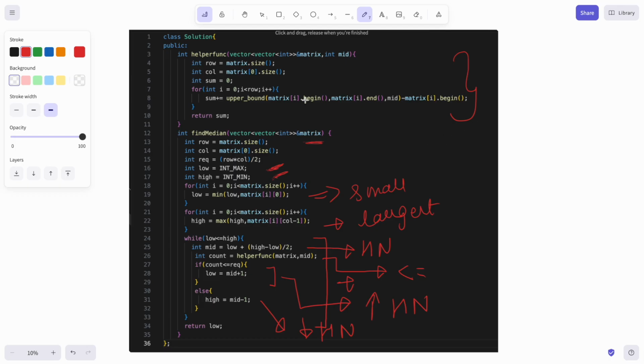You can iterate over the entire matrix, that is up to you. That will incur a time complexity of n into m, because you will be iterating over the entire matrix and then finding out how many elements are lesser than or equal to my hypothetical number. Your wish. What I have done,